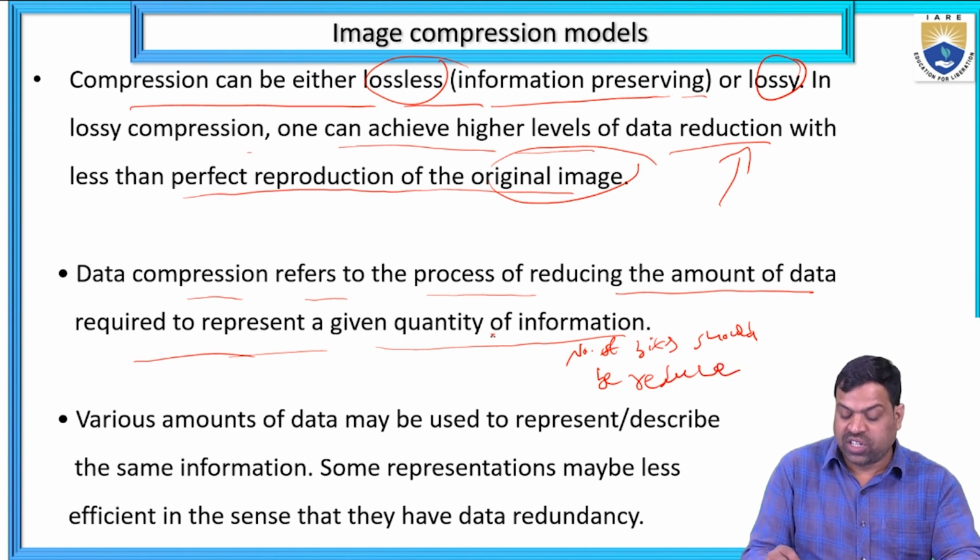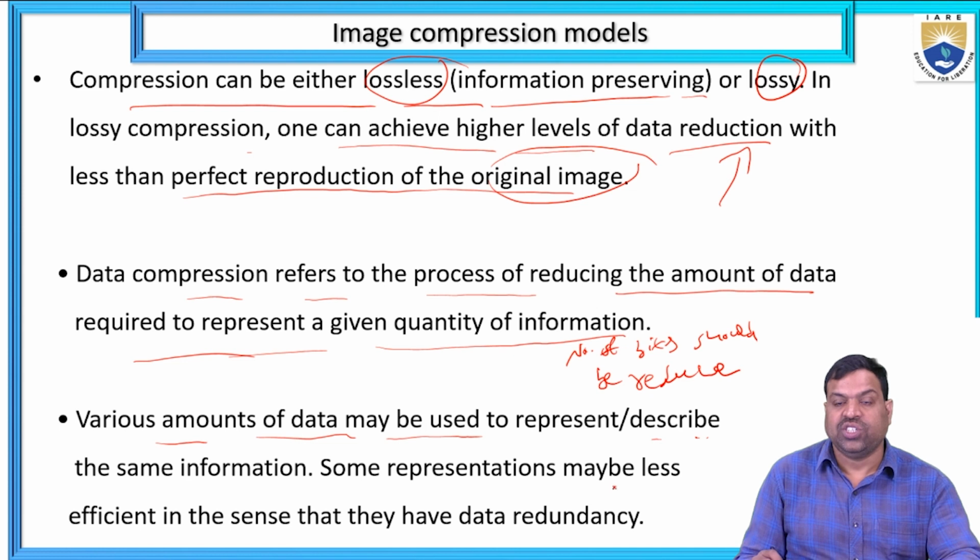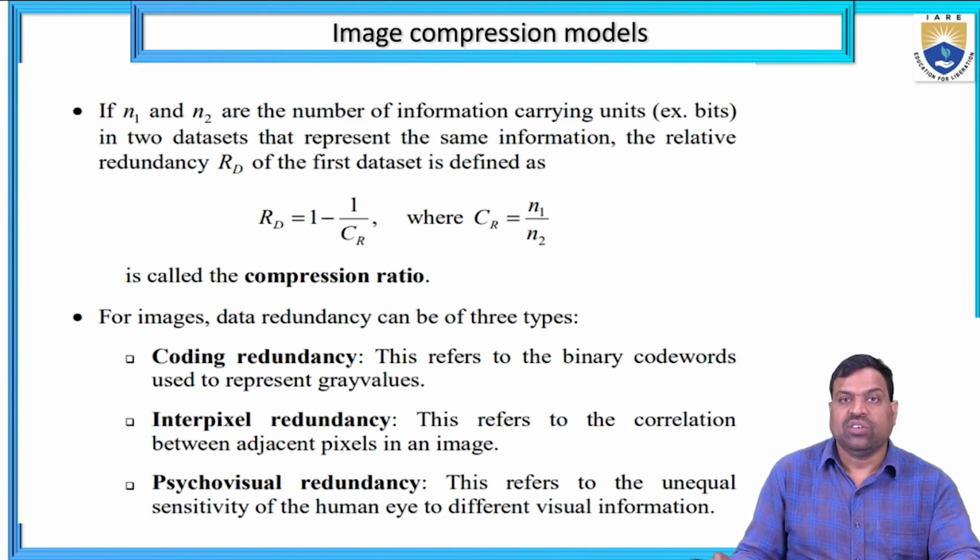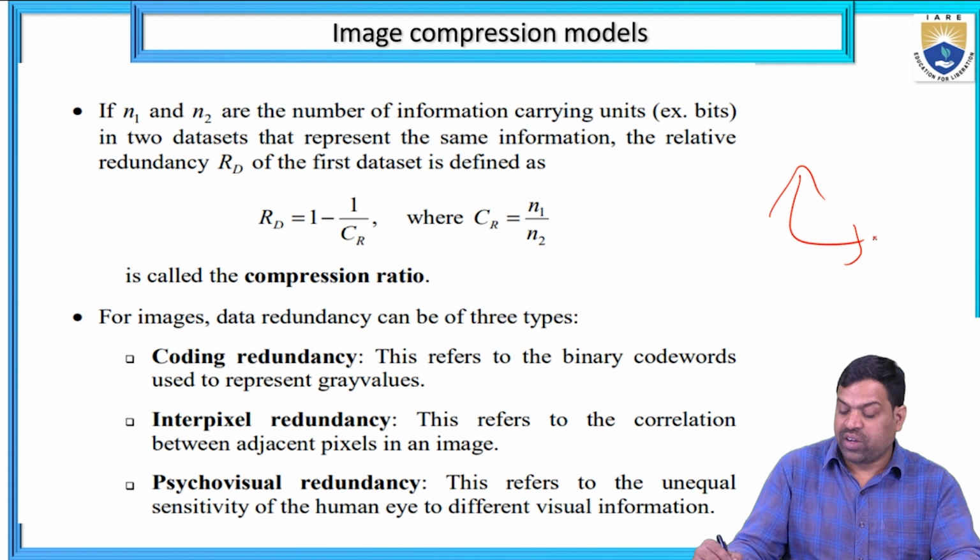Reduced to represent any given quality of the information. The various amounts of data may be used to represent or describe the same information. Some representations may be less efficient in the sense that they have data redundancy. So if I'm taking two information systems, that is N1 and N2,